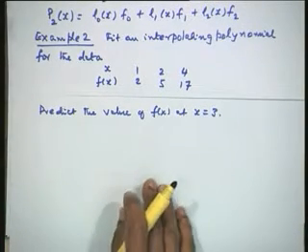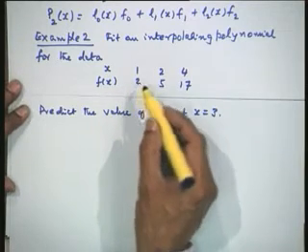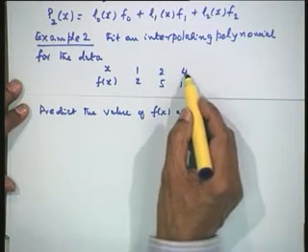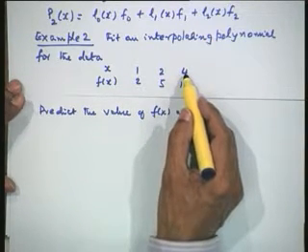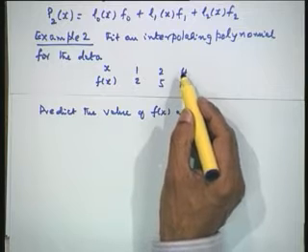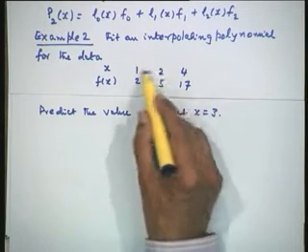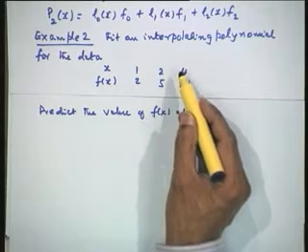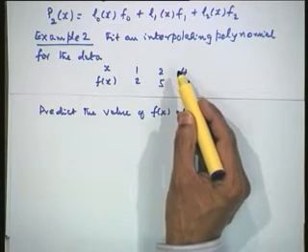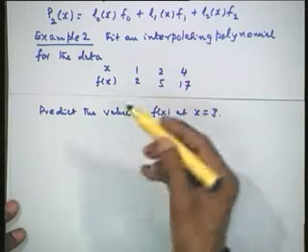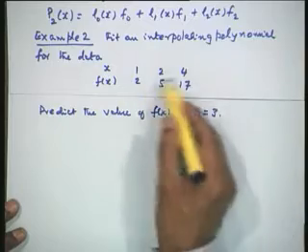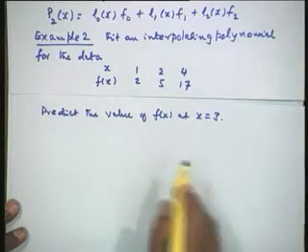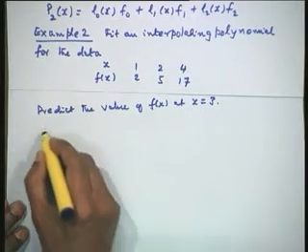Now, what is very important to note here is these data points are arbitrary data points. That means, they are not having any particular step length or anything. You can see the distance between these two is 1, the distance between these two is 2. So, these are really a random set of points. You can particularize to the case of when you have a equispaced data, but otherwise this is an arbitrary data. So, let us write down the fundamental polynomials.